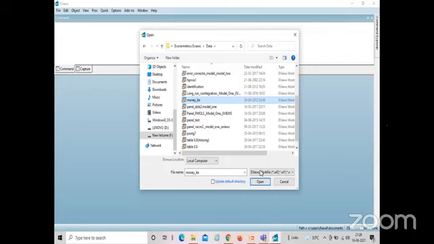Kritika ma'am, Zoom chat box, please check it. I am also sending it on WhatsApp. I also sent it on WhatsApp.